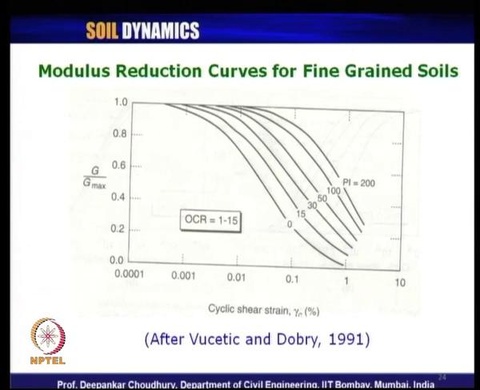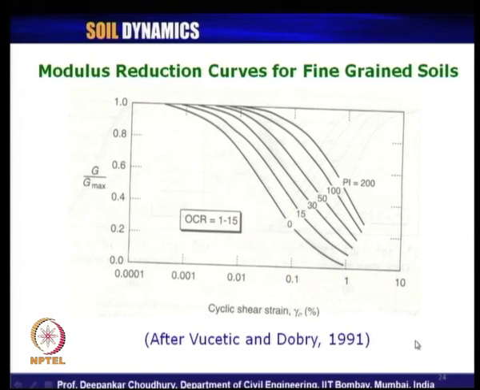Then what does it mean? It means that the G by G max ratio remains constant irrespective of the type of cohesionless soil, which is not correct. So, that is why this is a caution. Later on, several researchers like Bray et al. pointed out this mistake, that this is not the correct graph only for PI equals 0. So, whenever you are using this graph for your design or analysis, make sure that you are not using the line PI equals 0, but other graphs are correct.